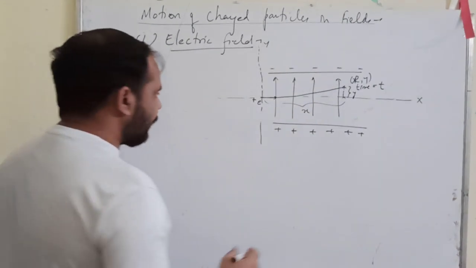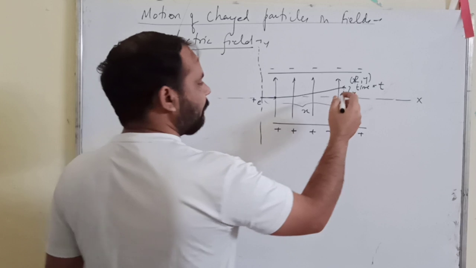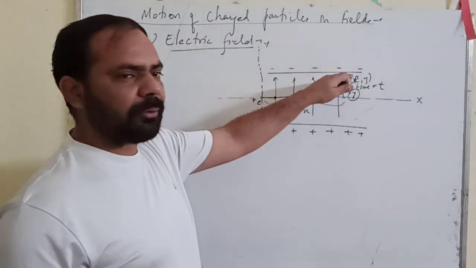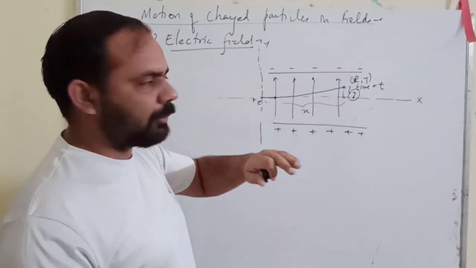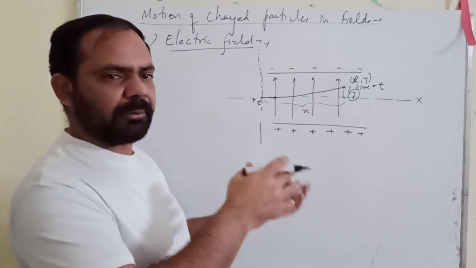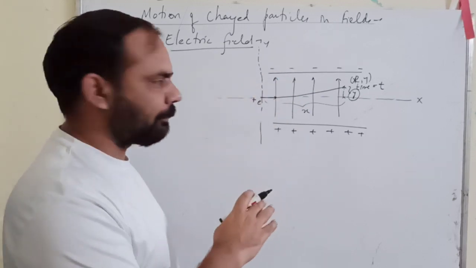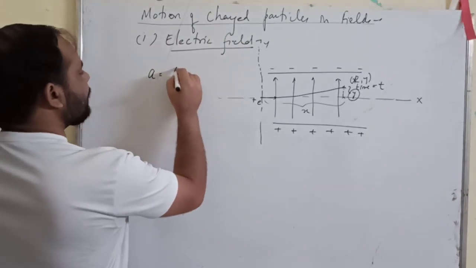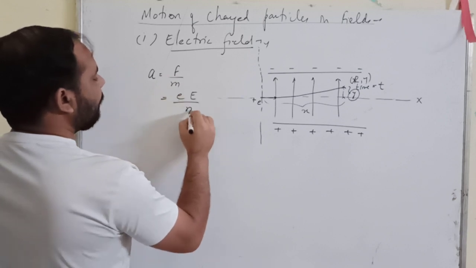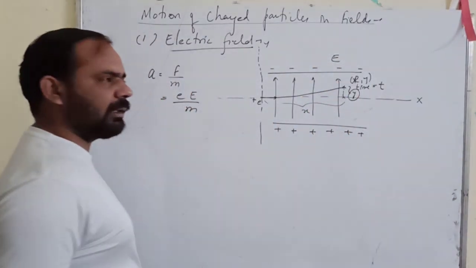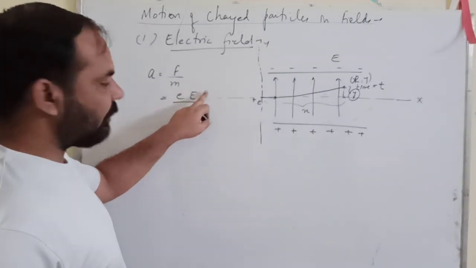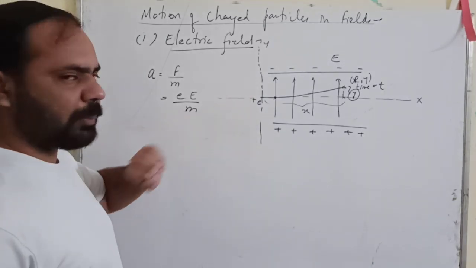Now here what we are going to find out is how much this y is and what type of path will be followed. We will find out the equation of this path, and we will try to obtain the nature of the path followed by the particle. So here acceleration is equal to F upon m. This is equal to qE upon m, where E is the strength of the electric field, so charge into electric field upon mass, and m is the mass of this charged particle.